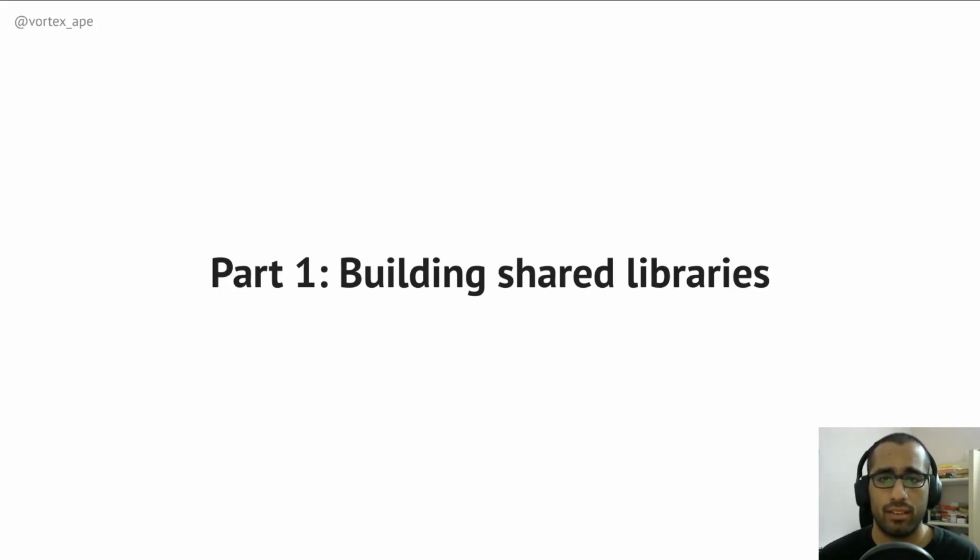In part 1, we look at building shared libraries that our extension module depends on. You might not need to build one, because most C or C++ shared libraries that you want your extension to link with might be directly installable through a system package manager. But there could be instances, for example, where you might want to wrap a large private C or C++ codebase, in which case you might need to build a shared library first.